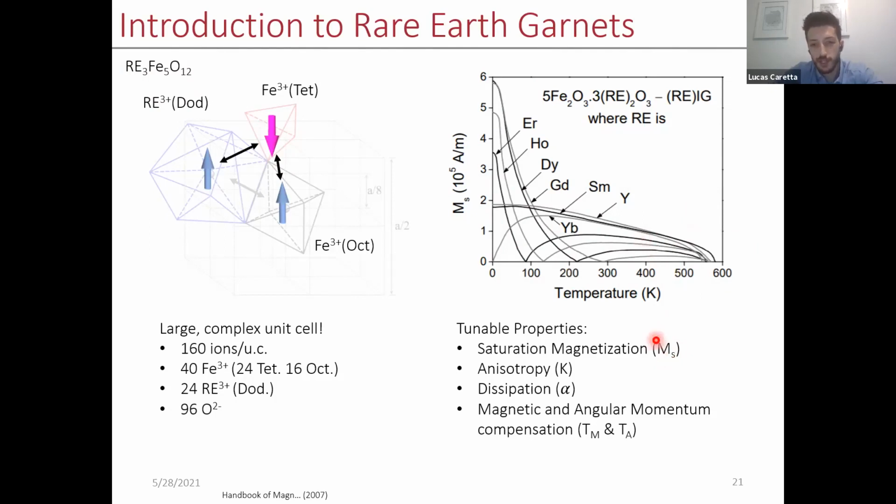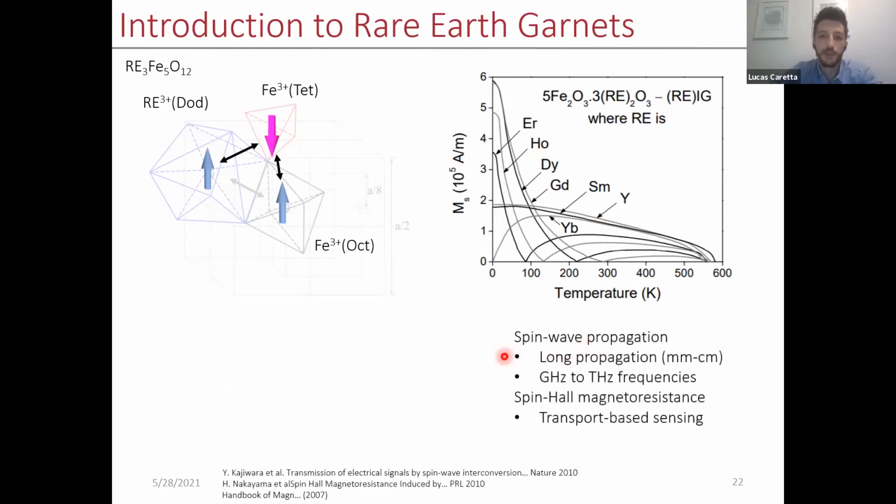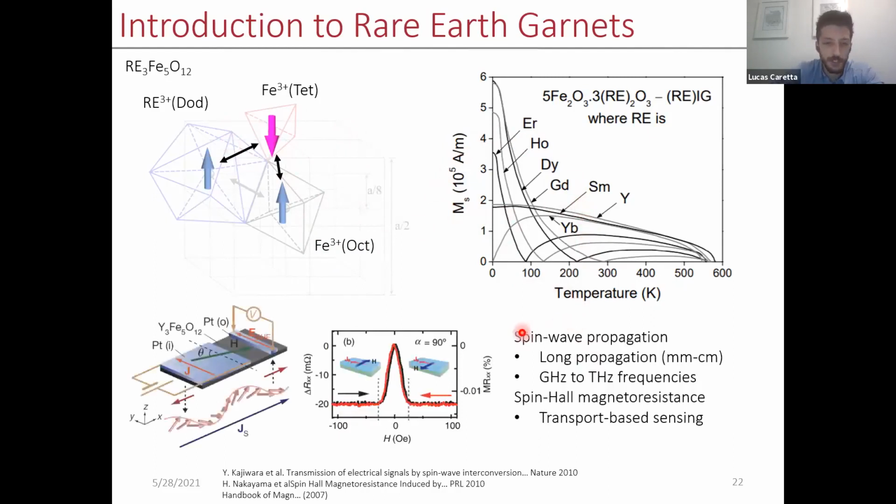And what I'll show you is that not only can we tune the magnetization, we can also tune things like the anisotropy, the damping, which is very important for domain wall motion and domain wall mobility, as well as these compensation temperatures. And it's really this low damping and the tunable damping systems which they are really famous for. So they've been studied for decades, looking at things like long spin wave propagation lengths as high as